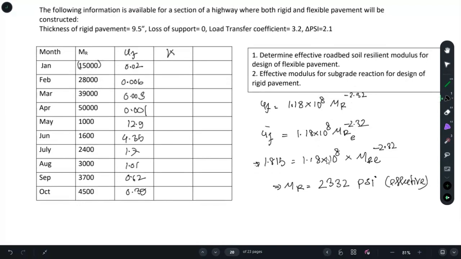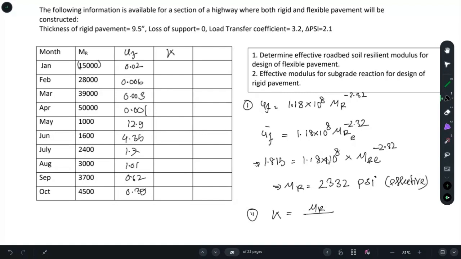It's called subgrade reaction. We'll find out the subgrade reaction for all the months, and there is a relationship between them. Let's say it is for month 1, and for month 2. That is, there is a relationship between subgrade reaction and the MR value. If you divide the MR value by